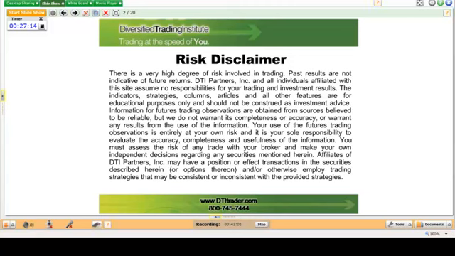First and foremost, risk. Please understand that anytime you're talking about trading, you're talking about having risk associated with your trading. But most especially with some of these products I'm going to be talking about, because these are leveraged instruments. In trading futures, you can manage to lose more money than you actually have in your trading account. I know it sounds